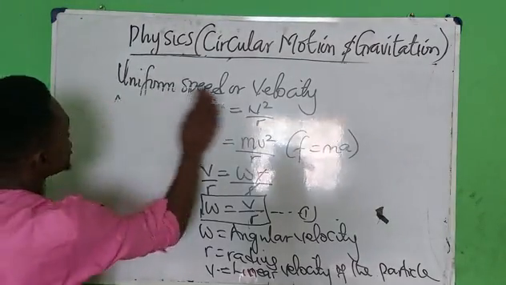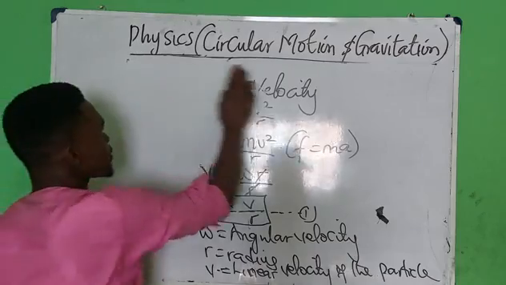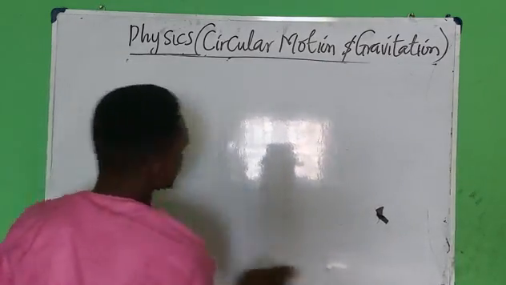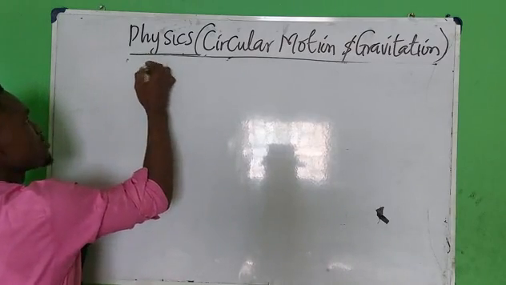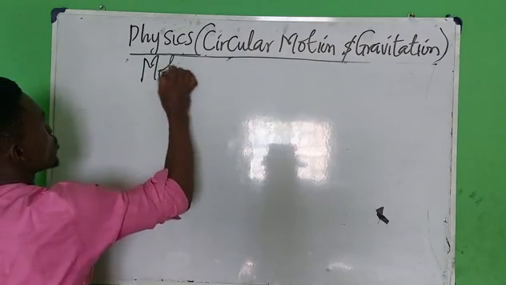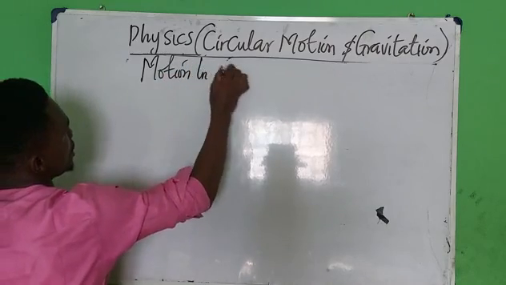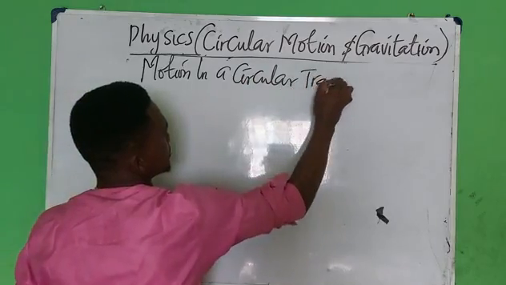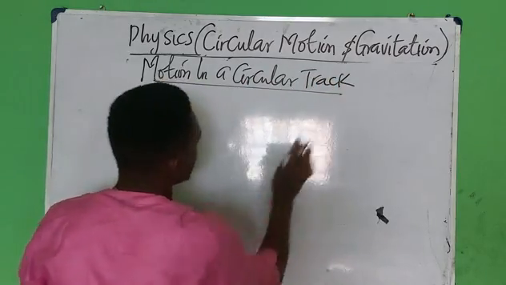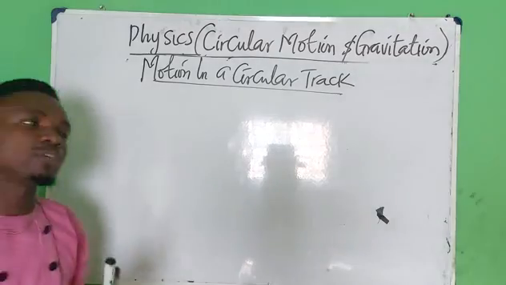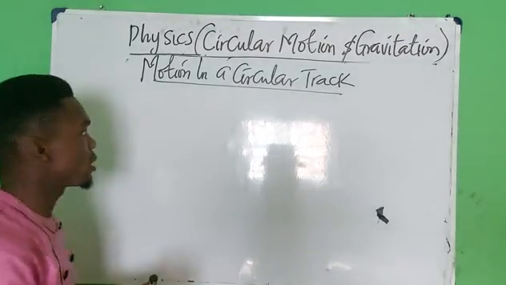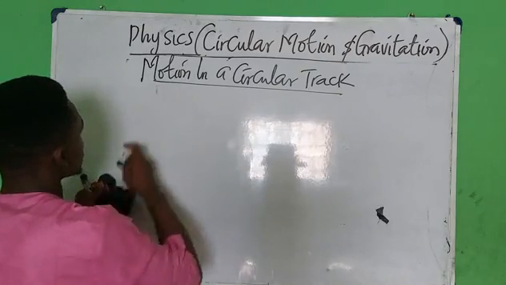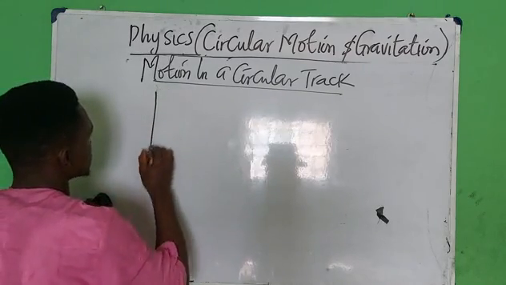So the next one is the movement of an object, motion, in a circular track. Everything's about circular. So let me use a diagram to deduce the formula. If I have this, or should I just give us the formula straight? If I have this,